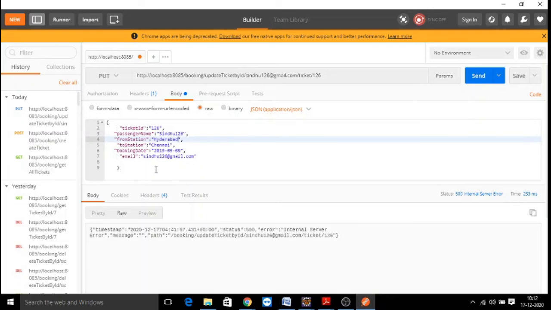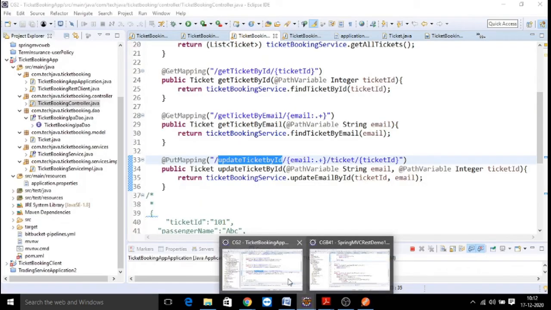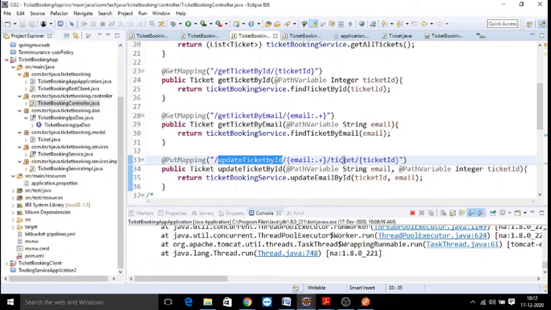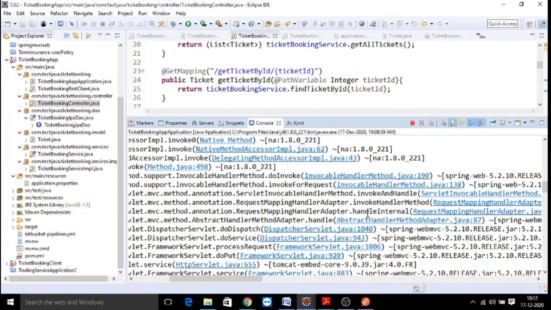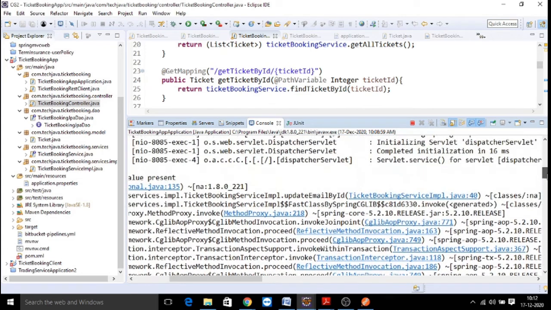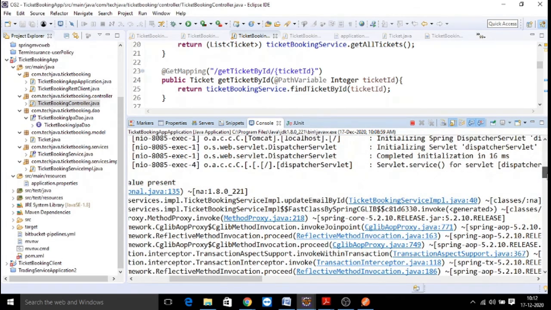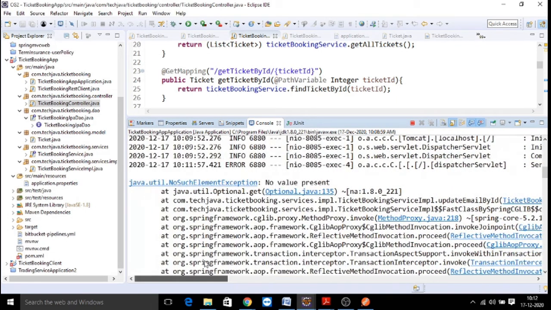Internal server error message. You need to check the console to see what error it is showing. Update email by ID, there is an error, no such element present.